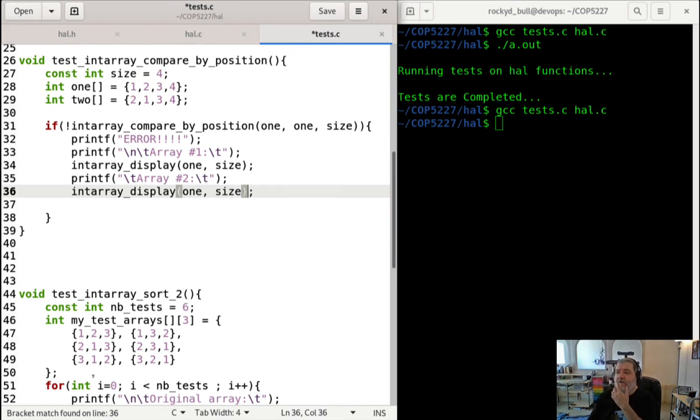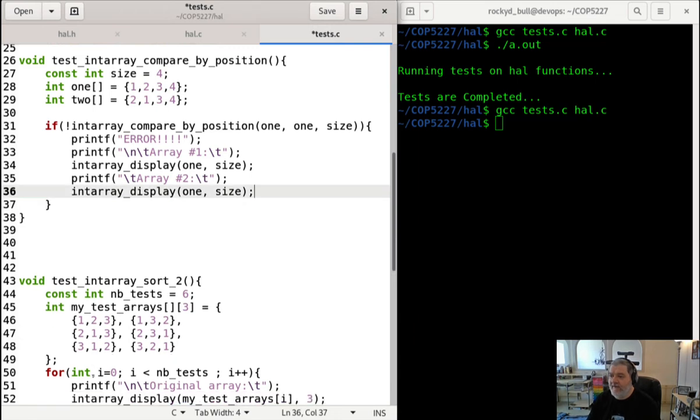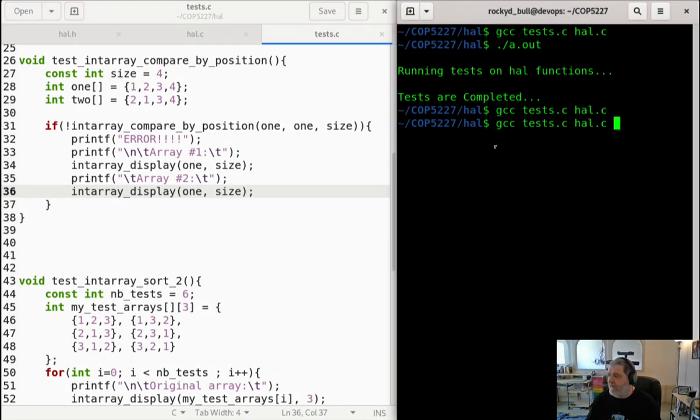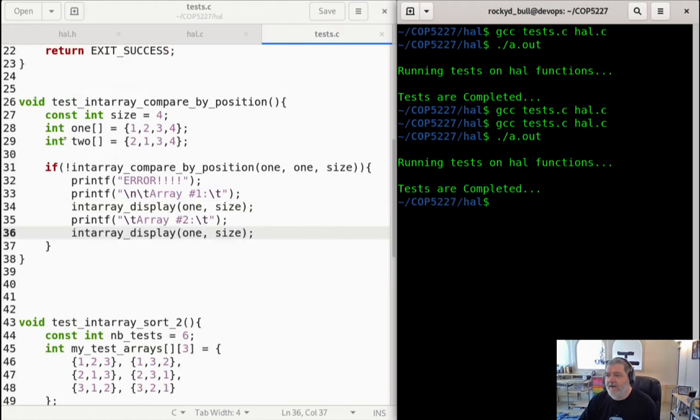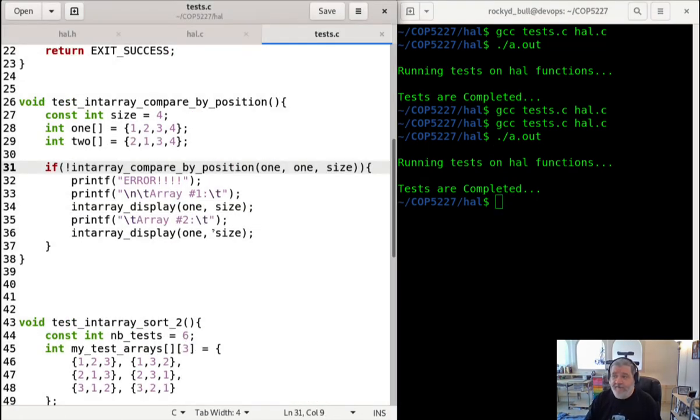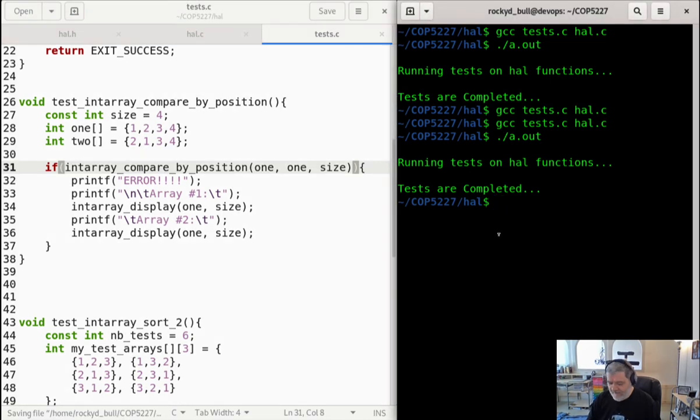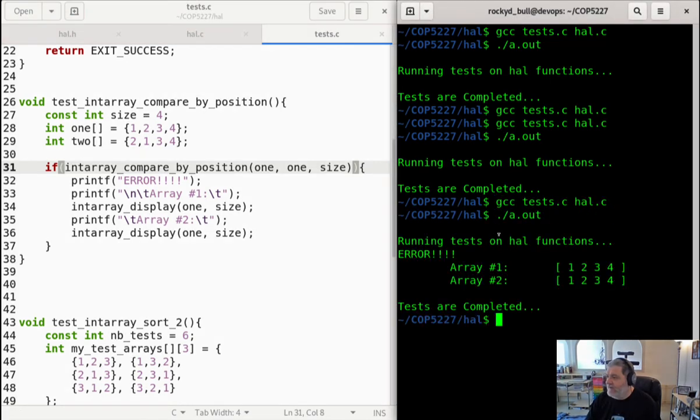Okay? So if compare by position is not returning what I expect, then I'm going to display an error message and display the two arrays like so. Okay? Let's compile this, run it. Running tests on all function, it doesn't display anything. Well, that means that it's working. What if I had tested the opposite here? Then it would display error. Array 1 is 1, 2, 3, 4. Array 2 is 1, 2, 3, 4. This should be the same. They were not compared, sorry, as being the same by my int array compare